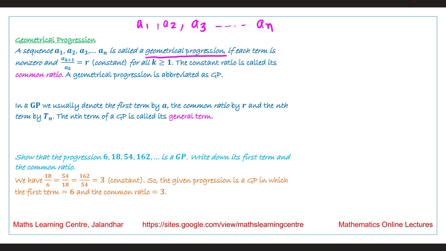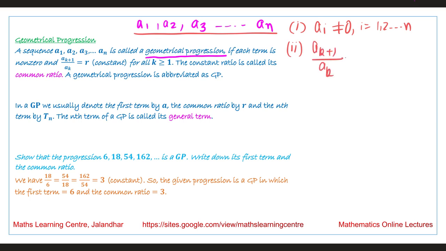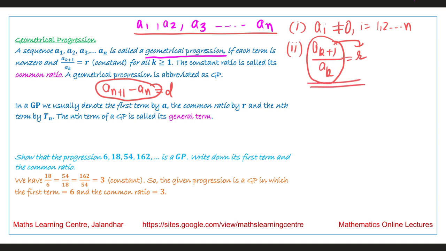each term in this sequence, the first condition we have is that each term ai is not equal to 0 for i equal to 1, 2, and so on up to n. And second, we are saying that a(k+1) over ak is equal to r, that is, the ratio of two consecutive terms is constant. When we were talking about AP, we were writing that a(n+1) minus an, the difference of these two terms, is a constant. In this case we are saying the ratio of the two terms is constant, and this value of k